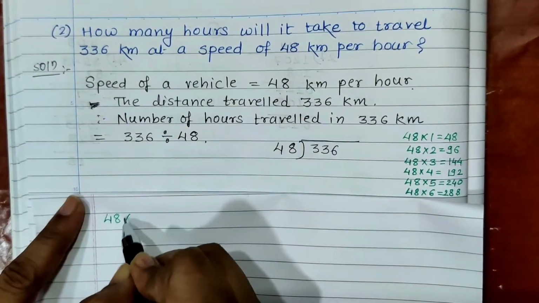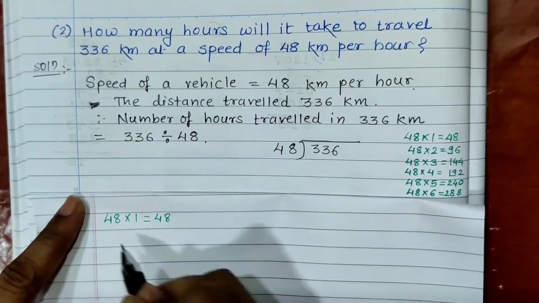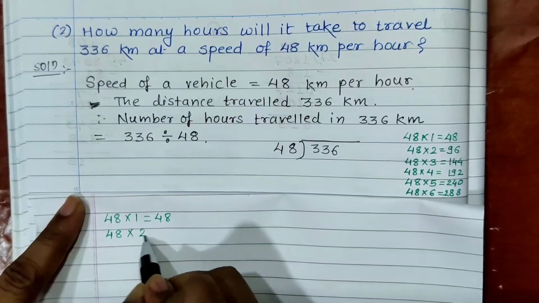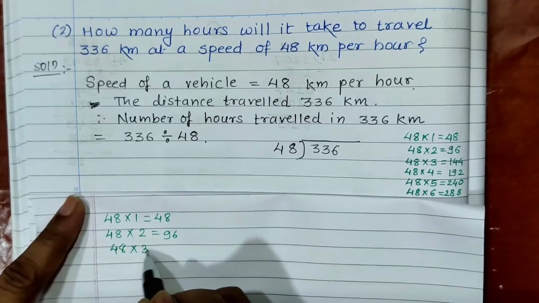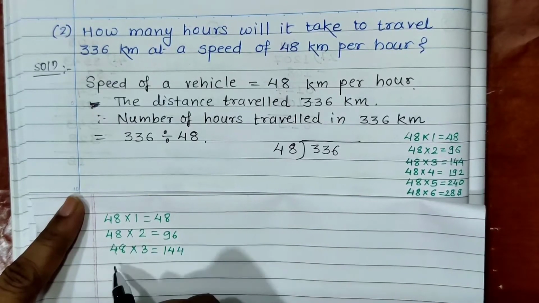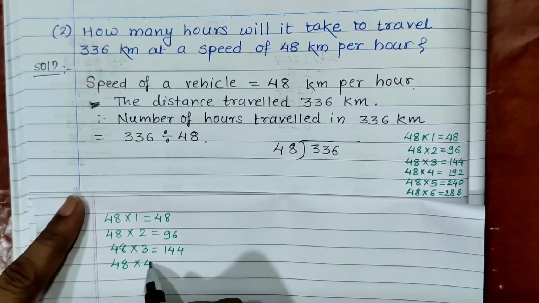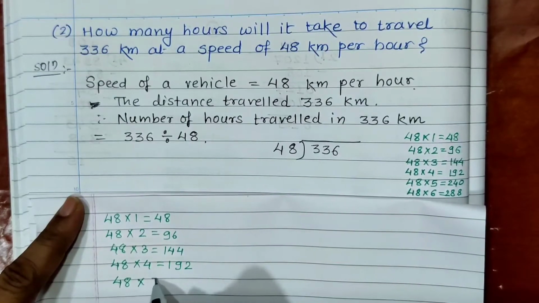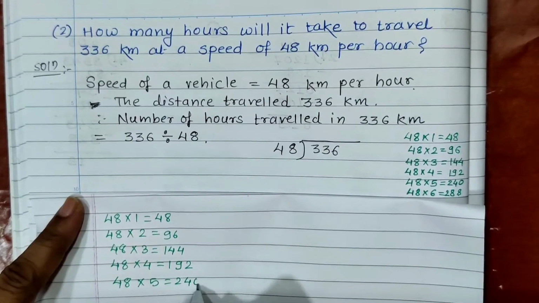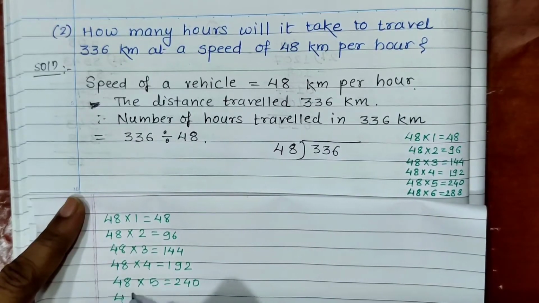Here once again I am writing 48 ones are 48, 2s are 96, 3s are 144, 4s are 192, 5s are 240, 6s are 288,